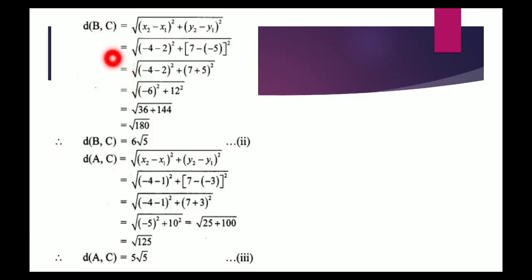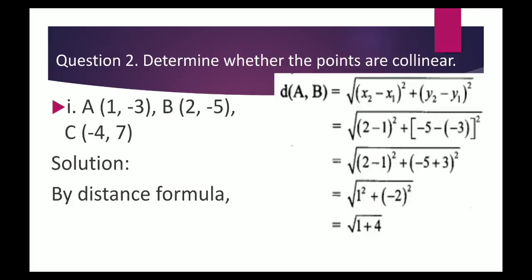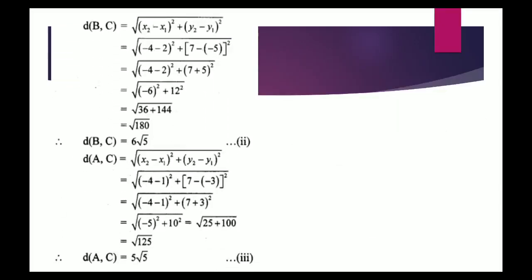Now we will find the distance of BC. So here also we will write the distance formula. So when we see BC, x1 is equal to 2 and y1 is equal to minus 5, x2 is equal to minus 4, y2 is equal to 7. If you are confused, children, before solving, please write it clearly on the right hand side or the left hand side,